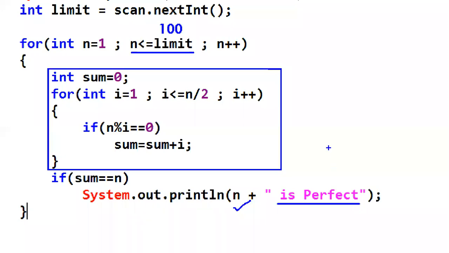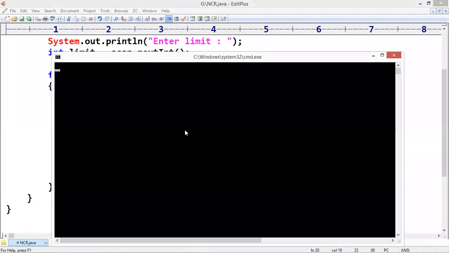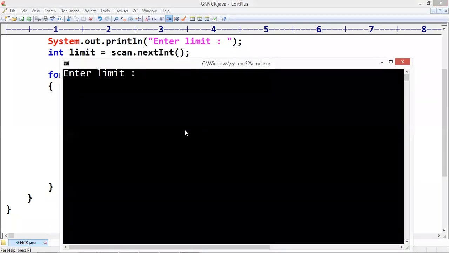Now again the value becomes 2. It checks whether 2 is perfect or not. If it is perfect, it will display that 2 is perfect. Next the loop will repeat. It checks whether 3 is perfect or not, 4 is perfect or not, and so on, up to 100. Only perfect numbers will display. Enter limit. Suppose 10.